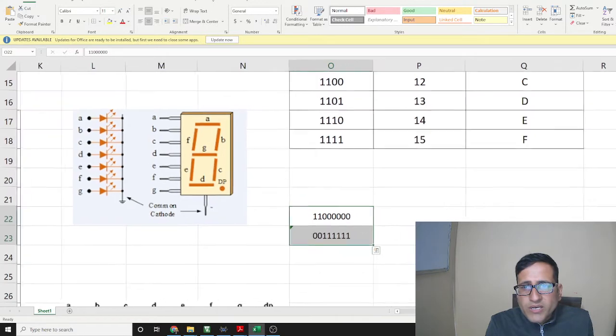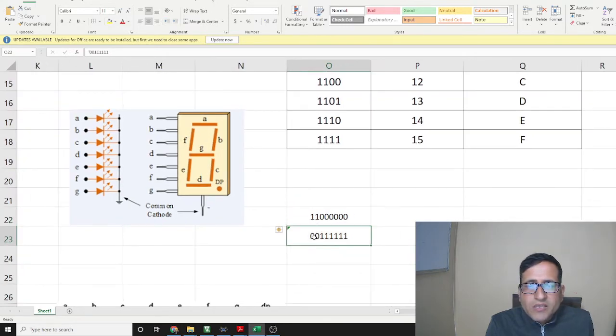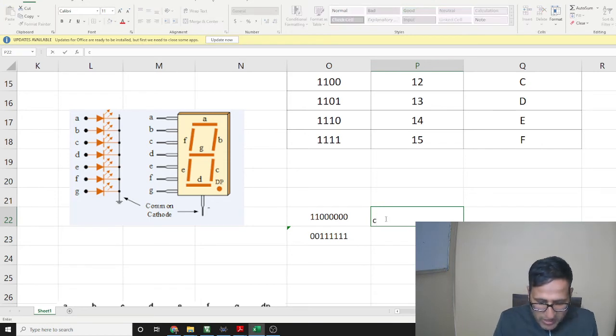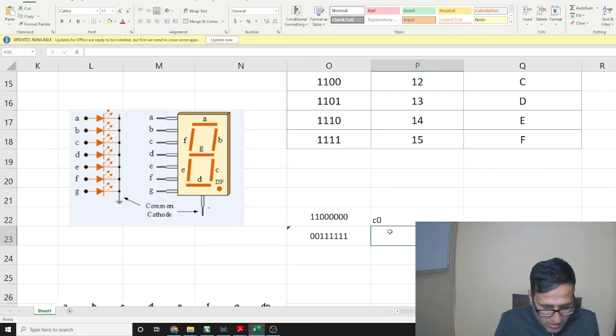I think you can clearly see that the common cathode values are totally the complement of the common anode values. If it is C0, then it will be 3F.